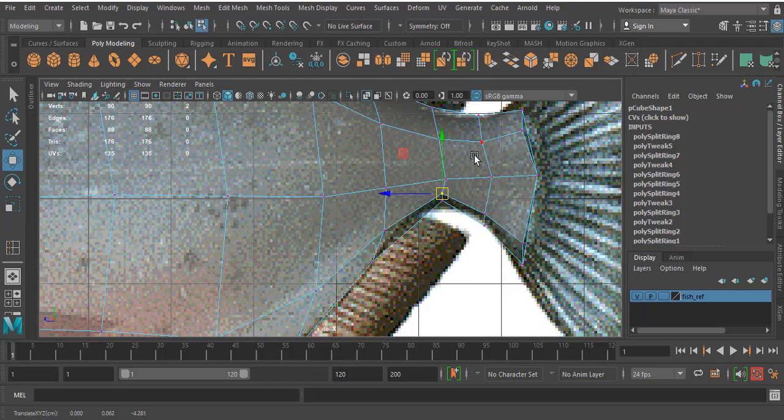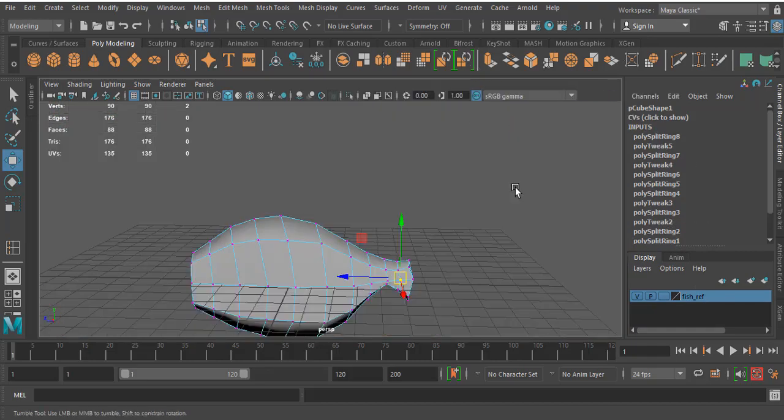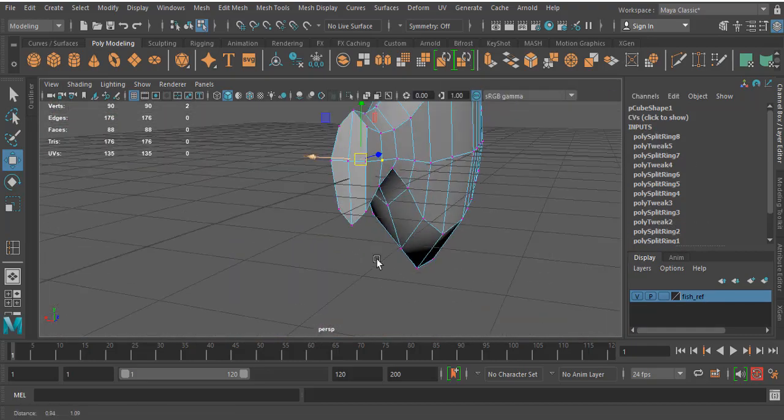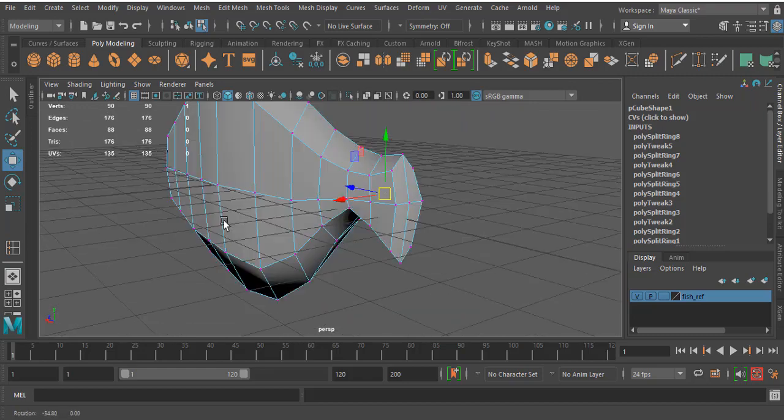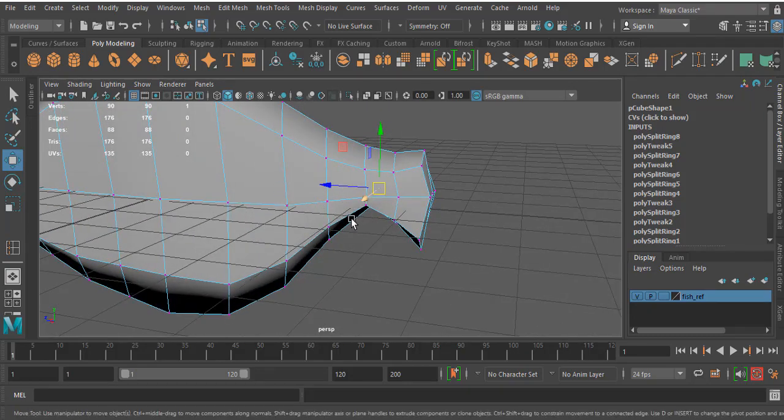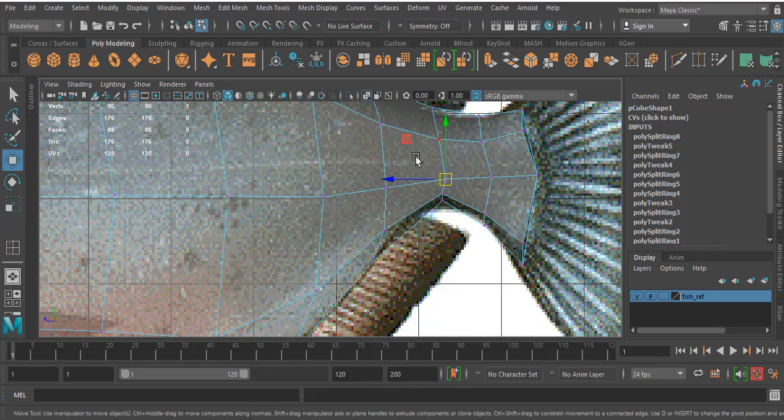You know why I am dragging and selecting this? Only then I'll get the vertices on both sides. If I just click on this, it will not select the other side. So for that purpose, I drag and select over here, so the opposite side vertex also will be selected.